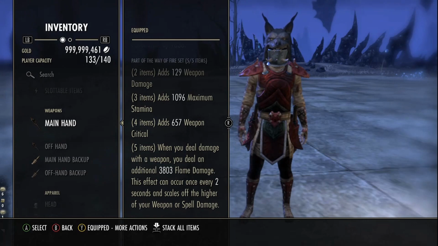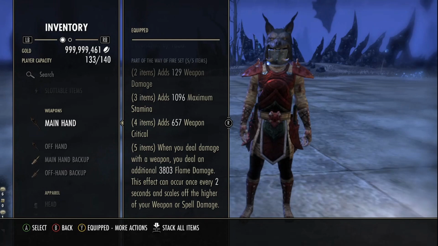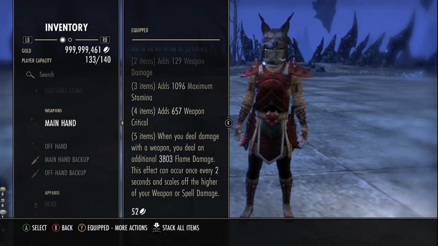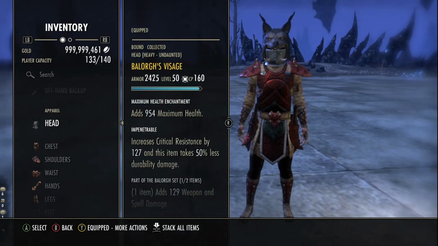Now we are running 2 jewelry pieces, 1 body, and then the front bar Mesas. These now scale in the new patch off our weapon and spell damage. Without Vigor or Rally buffed, you see we're at 3803. We're not going to look at the back bar set yet because we don't have to worry about that. Battle